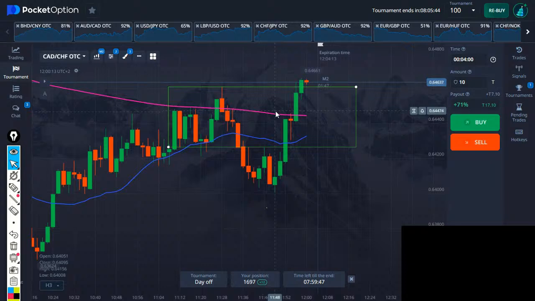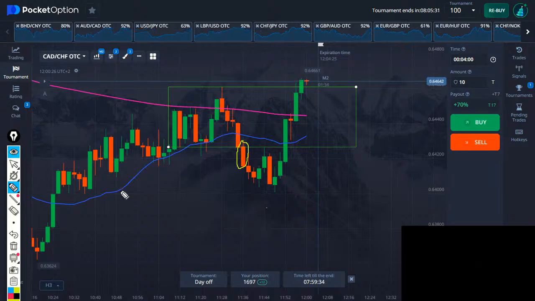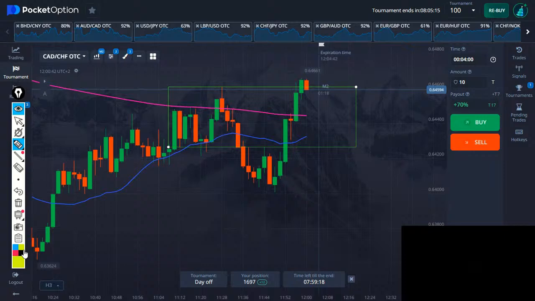So we discussed the powerful engulfing pattern to define an entry point. Now you have three options to look for when it comes to entry points. The first one, let me use the green color. I don't have a green color option. Yes, I do. Okay, so the first option